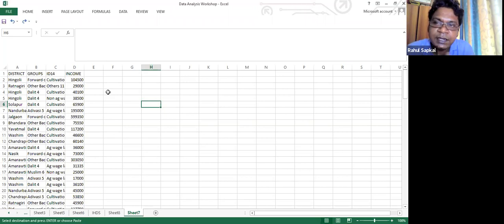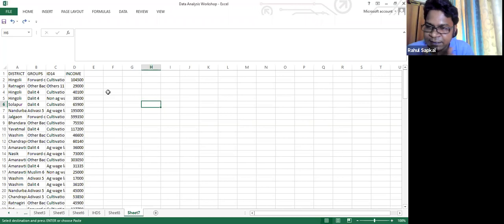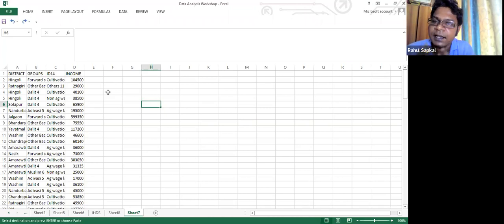See, usually in advanced level statistical analysis, we don't use Excel. This is only for beginners. We use Stata, EViews, SAS. I will give the orientation in the next class, what type of data we use, which software. And don't worry, there is no hurry.